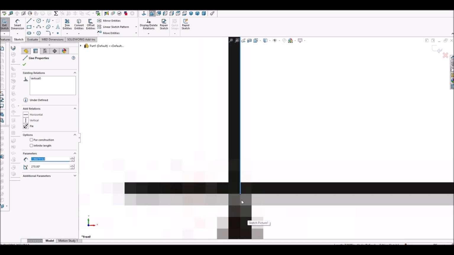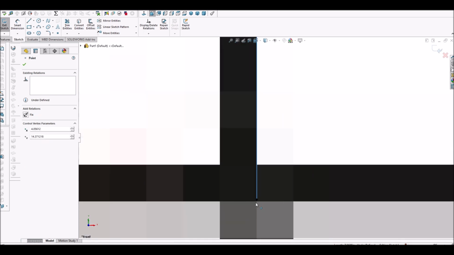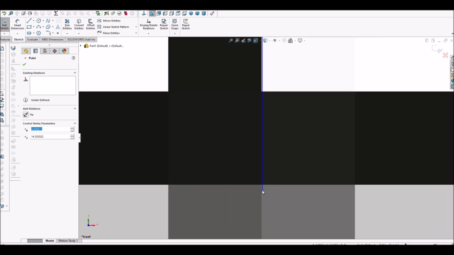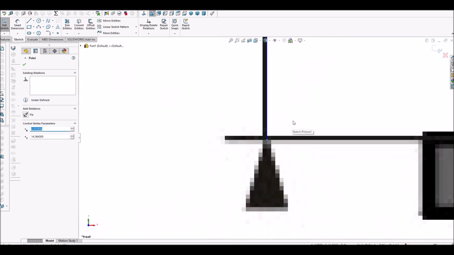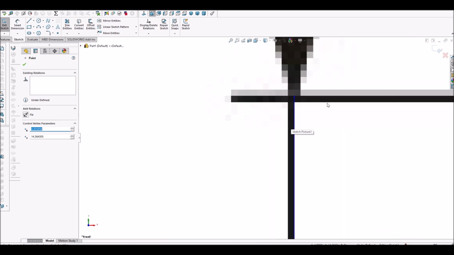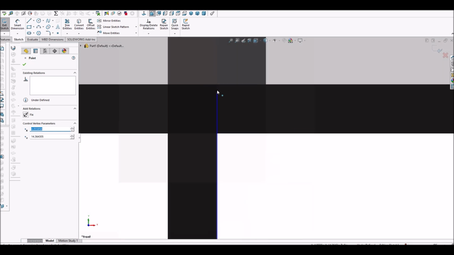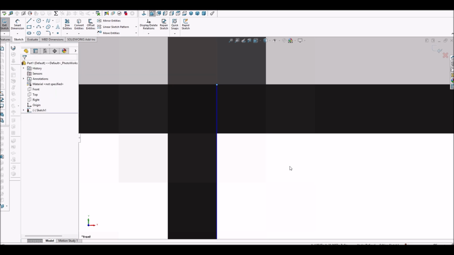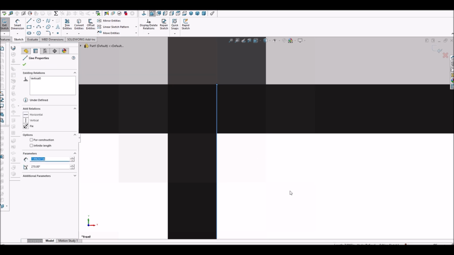7.968. It's not exactly where I put the sketch tool. Let's see if I can get it a little bit more accurate. You can spend an enormous amount of time on this. A lot of times you'll find that the original drawing or part was made by somebody in the U.S. or working with U.S. customary imperial measurements, because these dimensions come out on even fractional amounts, or on even millimeter amounts. So